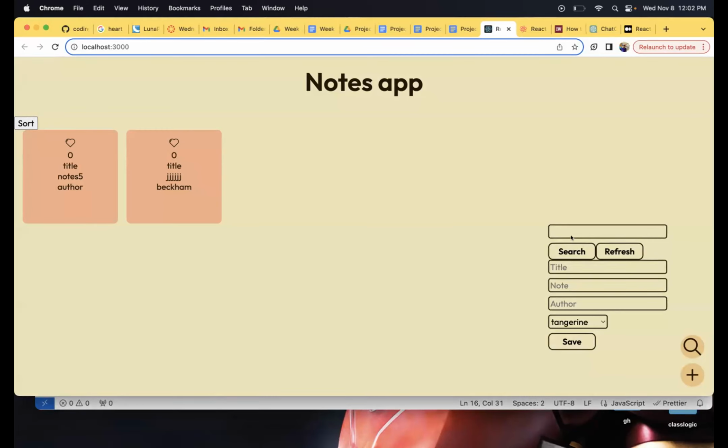For that, first of all, I needed a search form and two buttons. Why two buttons? One's gonna search and show the searched options. Another is gonna refresh and show me everything that I had before. I didn't really get to the refresh part yet, but I did finish up with the search part. We can take a look at that.